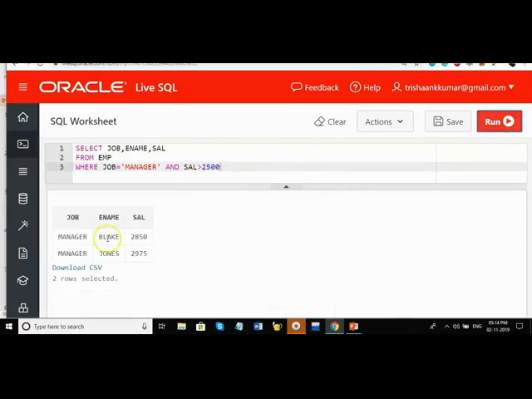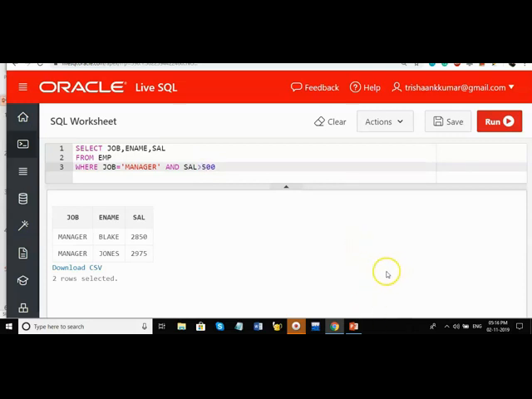On executing this, we have two managers, namely Blake and Jones, who are earning 2850 and 2975 rupees. We don't have an employee who is earning exactly 2500. If you take greater than or equal to, then the person earning 2500 also gets displayed. That I want to tell you. Hope you are understanding.